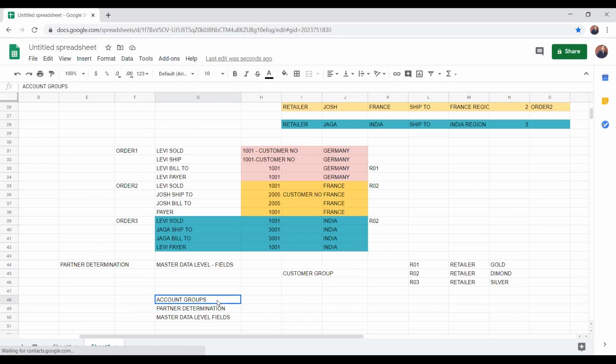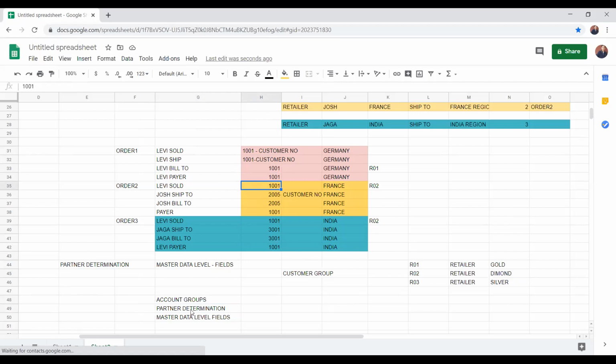Now, what is this partner determination? Partner determination is going to control your partner roles, whether who is sold-to, who is ship-to, and how they need to be determined. Everything will be controlled at this level.